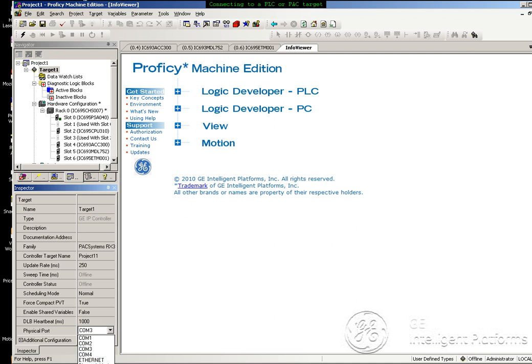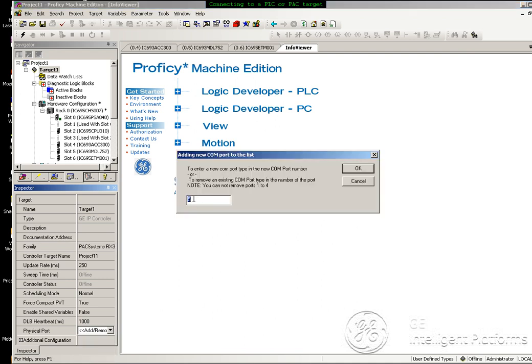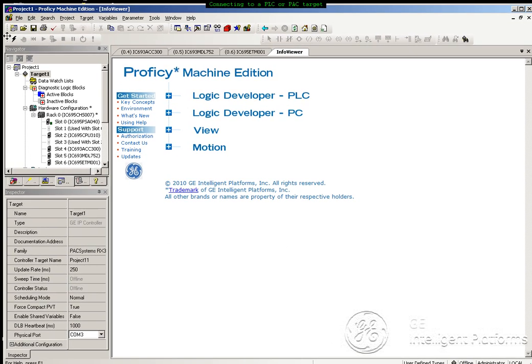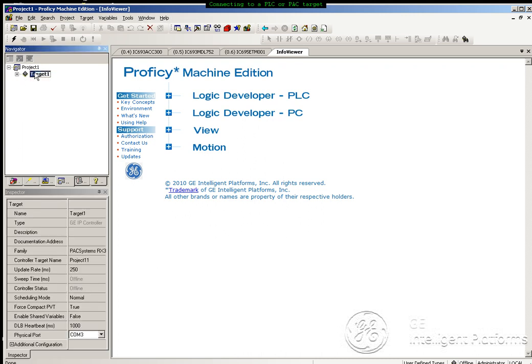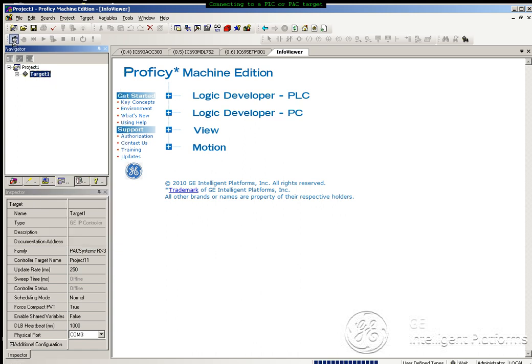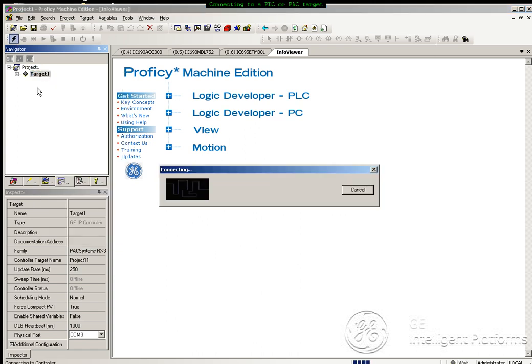Notice it was COM6. I'd have to add or remove, and this is where you could go in and put a higher COM port number. So it happens to be COM3. I'm going to now connect to the target, so I hit the lightning bolt. If you've got more than one target, you have to make sure that this is the active target. So it's plugged in to the CPU and it should connect,